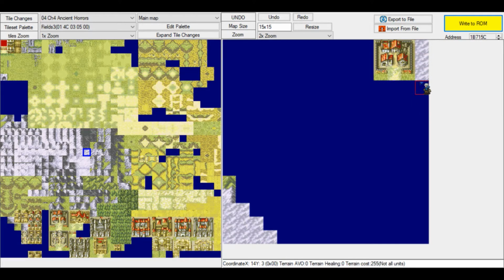I'll make another mountain here, and this is the end of the mountain. I'll put that there. The village is very important, seeing as we need to do something with the tile changes. Where is it? Here, the tile changes. We need to do something with that. Tile changes are very important for designing a map. I will come to that later.